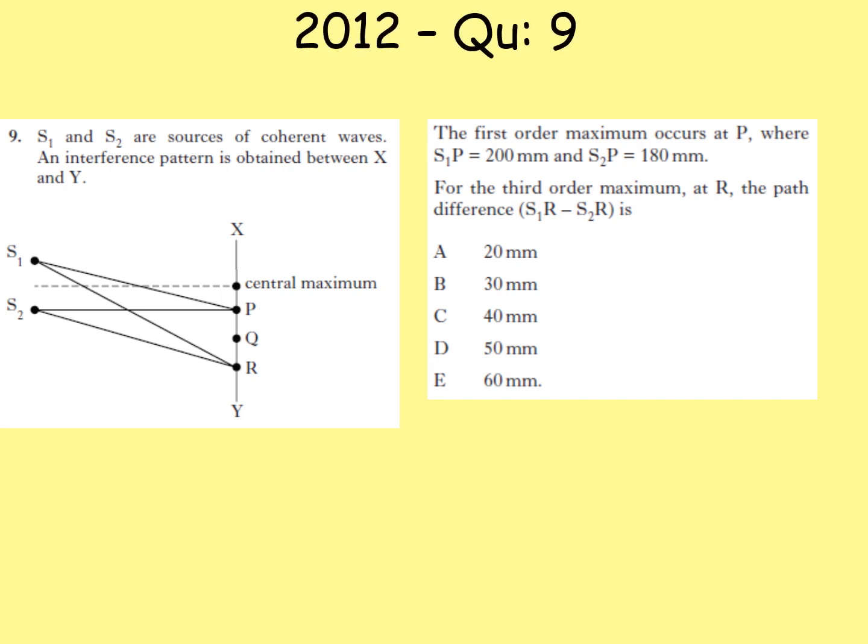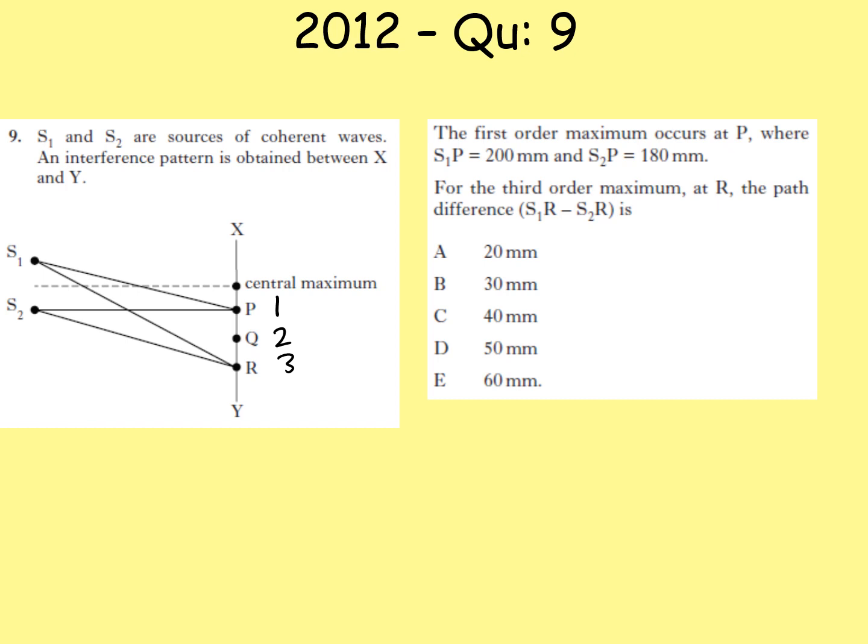(2012) paper, question 9. S1 to S2 are sources of coherent waves. An interference pattern is obtained between X and Y. The first order maxima occurs at point P. The third order maxima at R. For the third order maxima at R, the path difference is